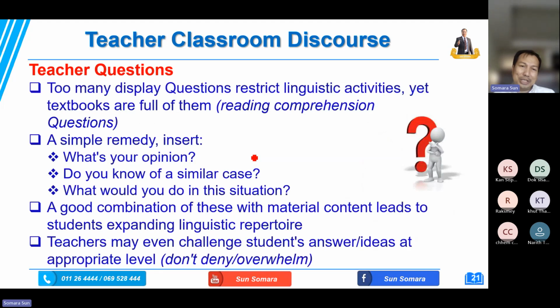Okay, coming to the next teacher question slide. Who can read this one? Just teacher, I can read. Yeah, please. Teacher classroom discourse, teacher questions. Too many display questions restrict linguistic activity, yet textbooks are full of them. Reading comprehension questions. A simple remedy is to insert